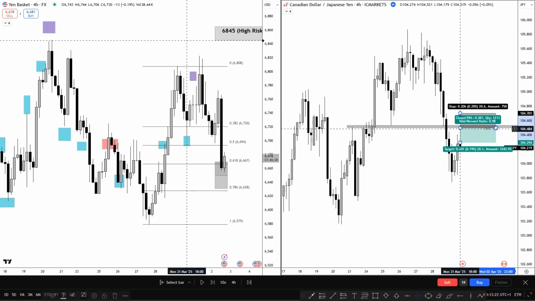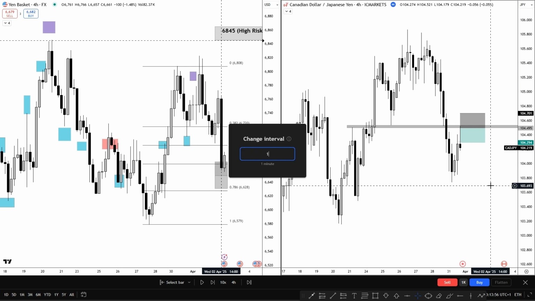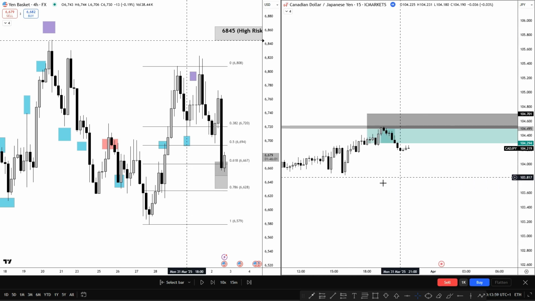Now, some of you might say 1-to-1 is not the best risk to reward. It is what it is. This strategy has an 80% win rate, so it doesn't matter what my risk to reward is, because the most profitable way to trade it is by taking take profit 1 at 1-to-1. That's the reason for the TP1. Then I leave a runner, which I let continue to run within the market. If any counter trend positions play out, I can increase my risk and maybe even take a risk-free position. Okay, so if we look on the right-hand side, price literally pushed straight into the area,